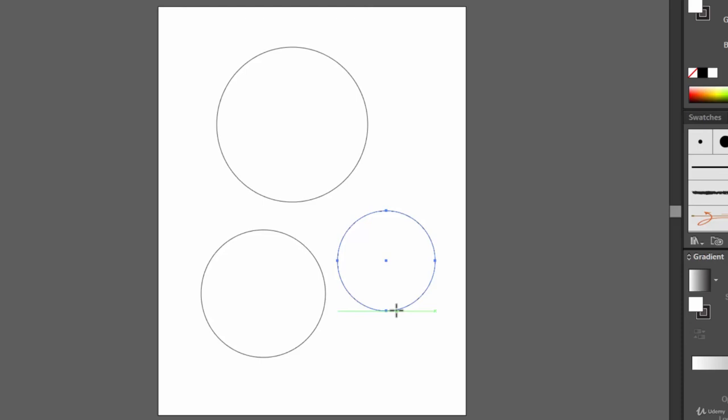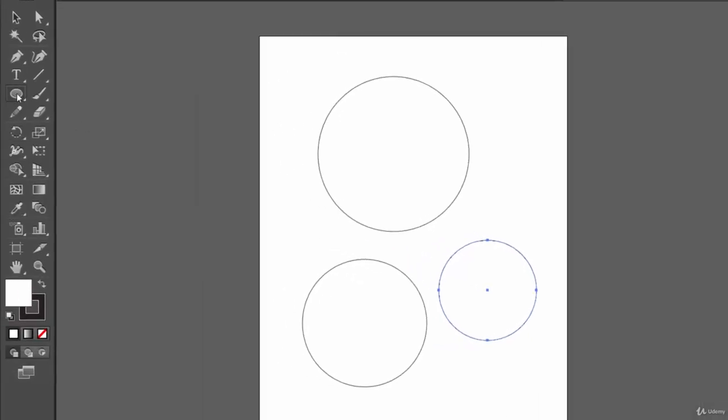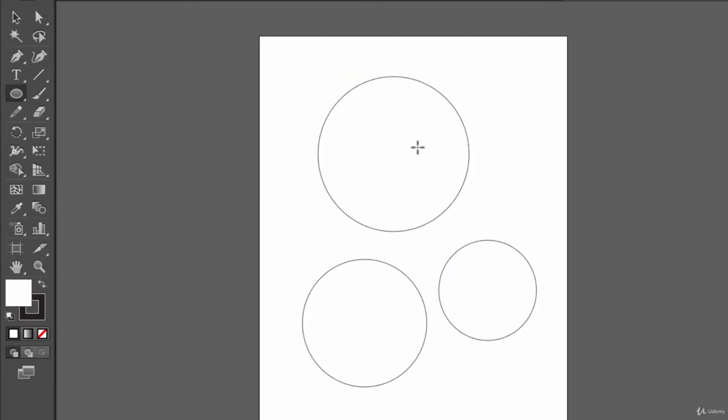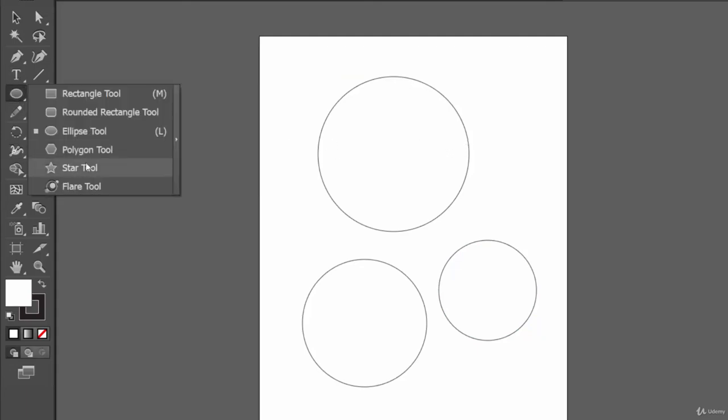And now in this lecture we have seen how we can draw a circle or an ellipse using the ellipse tool. This is the one. Okay, so that's it guys. In our next lecture we will take a look at how we can use this polygon tool to create polygons, and there I will reveal few secrets, or you can say few tips and tricks that might be helpful for you in future. So see you in the next lecture.